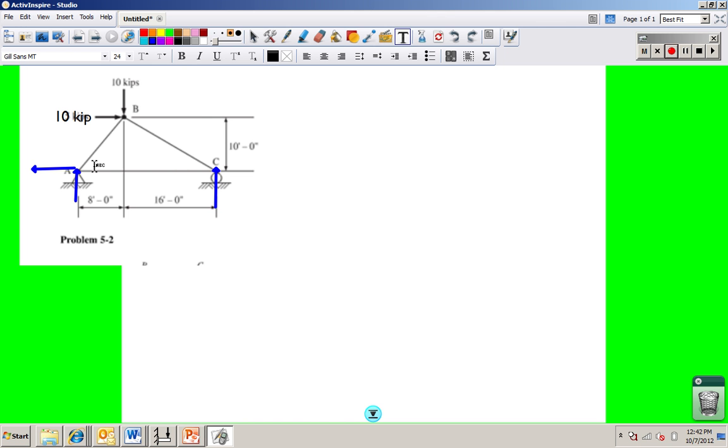What I know about this problem is that I have this height is 10 feet, and this base is 8 feet, and that makes a good right triangle for me. So let's do it. The tangent of A is going to be equal to,